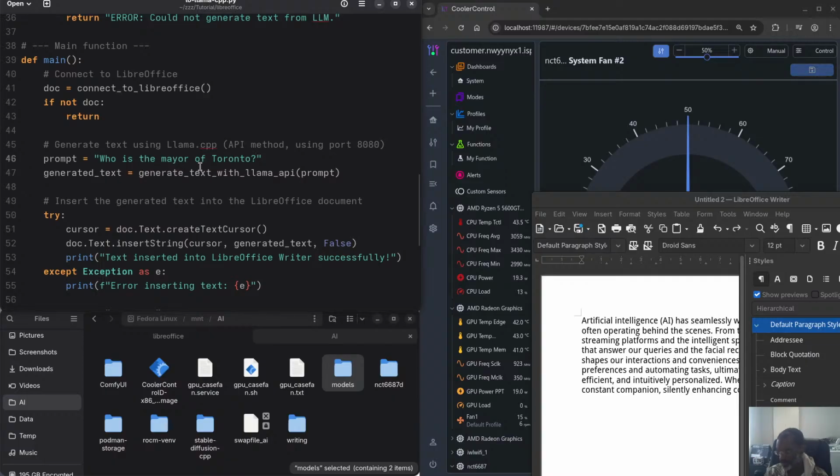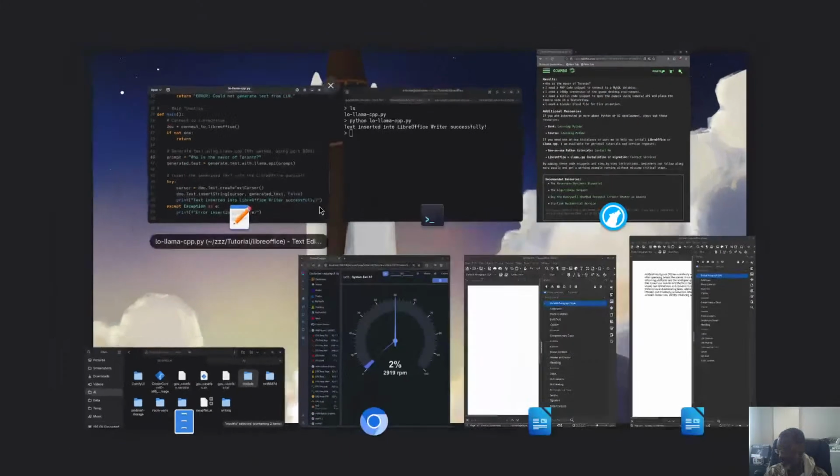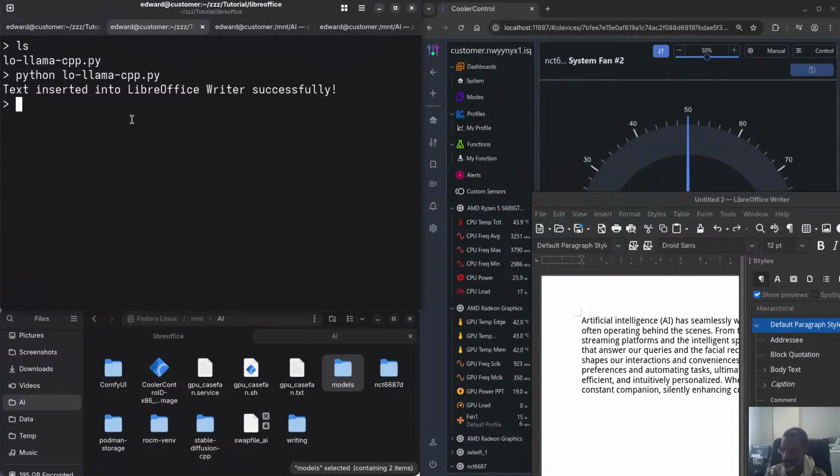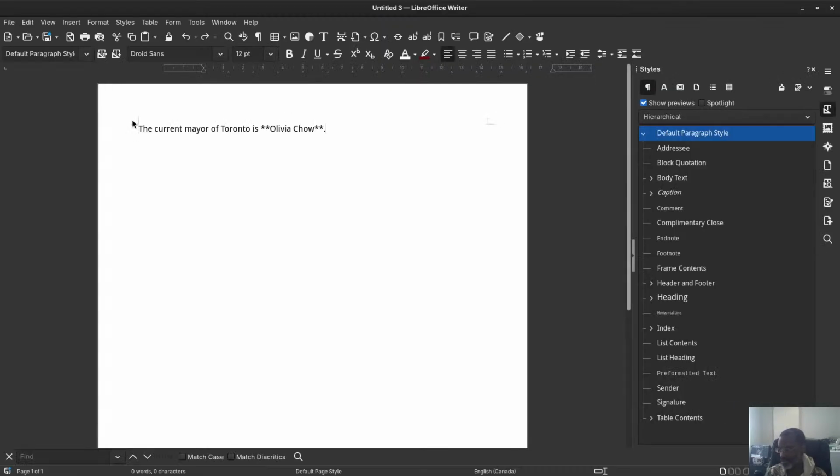Who is the mayor of Toronto? Make sure I save that. Go back to your command line here and just run it again. You see, it says the mayor of Toronto is Olivia Chow. It's so fast, right? So that's what I was trying to say, that if you're able to integrate it,